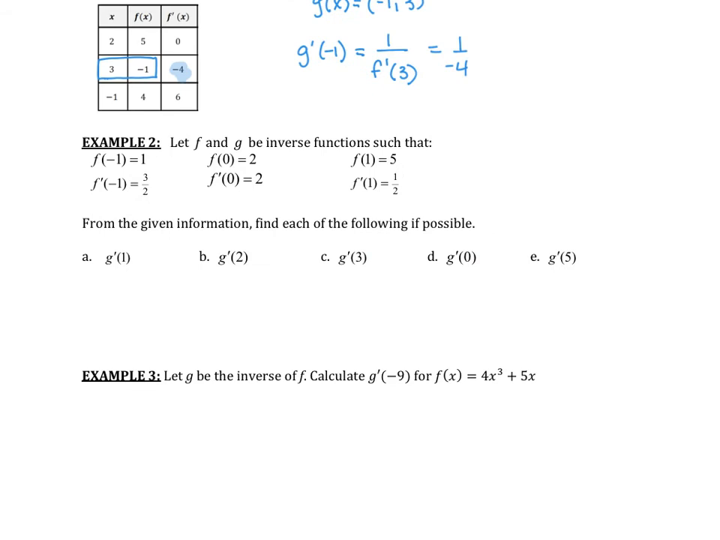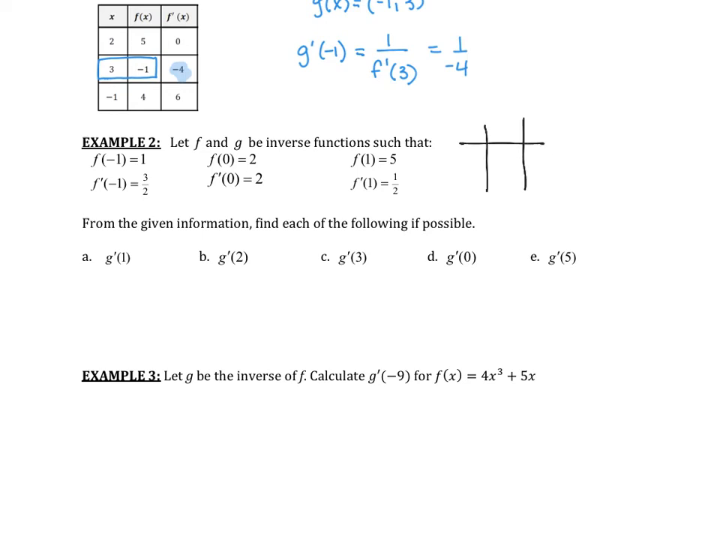Let's look at another example. So again, let f and g be inverse functions, and then it breaks down this table of values. Essentially, it's the same as the table that we were given up above, just in a different notation. So if it would help you to visualize, if you're a visual person and you want to see this written